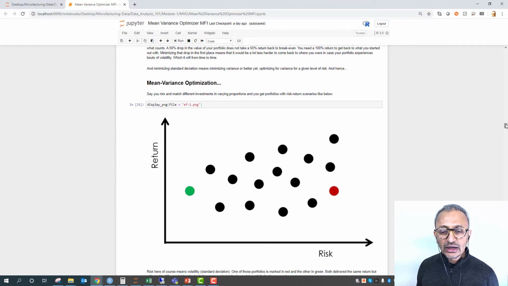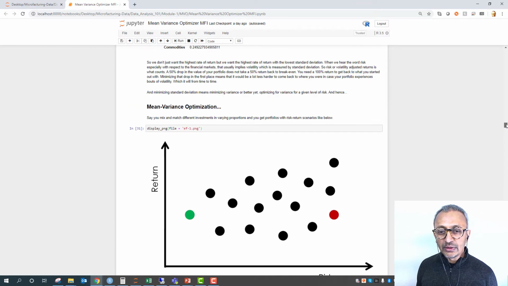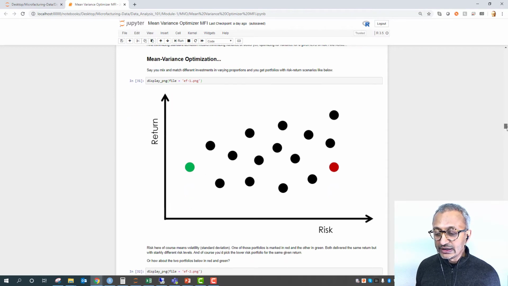And the way to optimize for variance, to optimize for volatility or standard deviation, is to mix and match assets, right? So what we are trying to take advantage of is a concept called correlation, okay, which is basically a normalized covariance term, and we're going to talk about that. So we're going to use this mean variance optimization technique to come up with a portfolio which is just right for your given